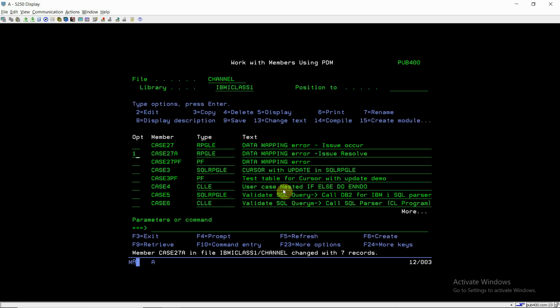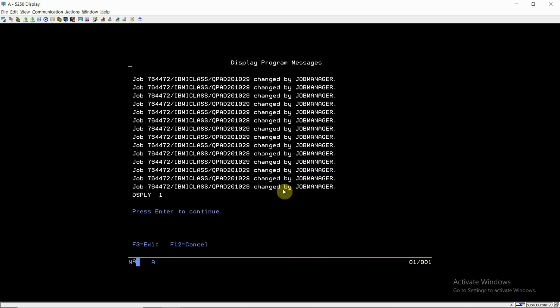I'm just going to compile this. This program has been compiled as case27a. Now if I call this program, CALL case27a, I can see it displays 1, displays blank, because this field has a blank value, and displays 0.